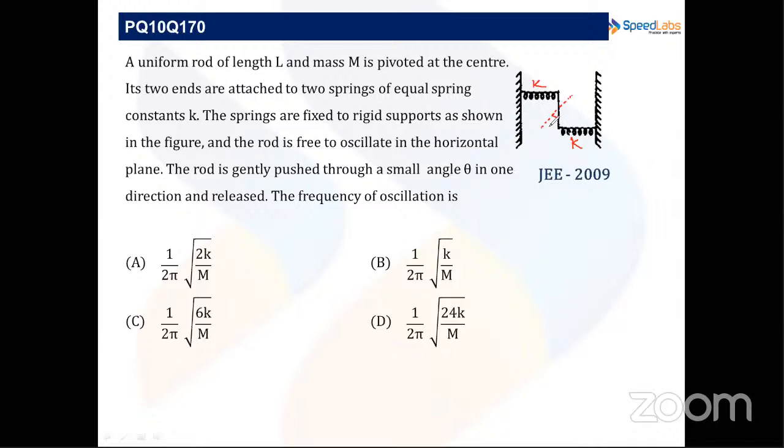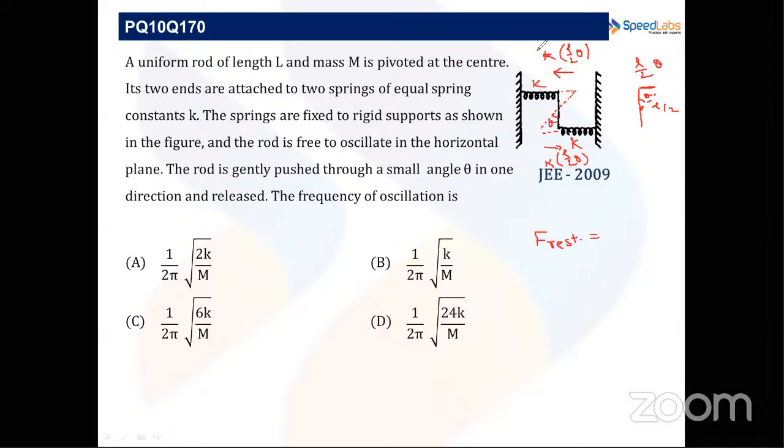So from here I have rotated it by theta, and this length is how much? The total length of the rod was L, right? So this is L by 2, and this is theta, and where theta is very small, so this distance is almost a straight line, and it is r theta, so L by 2 theta. And the spring will try to pull it with a force kx, and x is L by 2 theta. Similarly, this spring will also try to pull it back with kx force, and x is L by 2 into theta. And if you check the net restoring force,